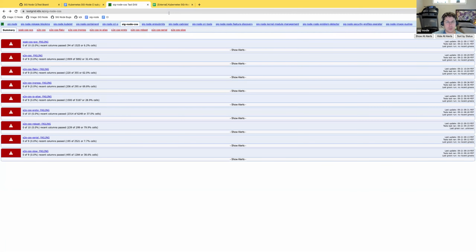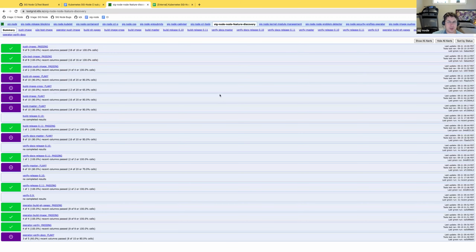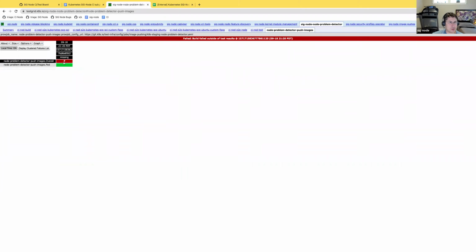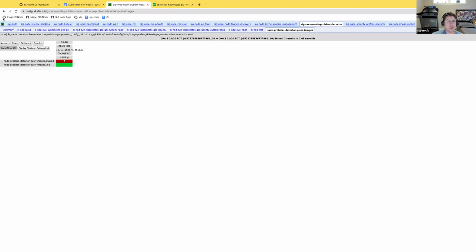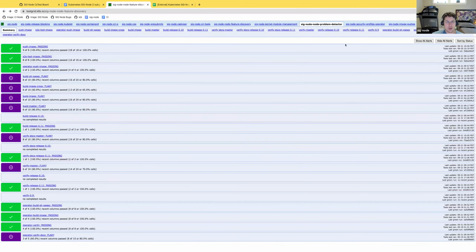Everything in these smaller tabs seems to be quite happy and healthy. Problem detector was greenish. So the smaller ones seem reasonably okay.